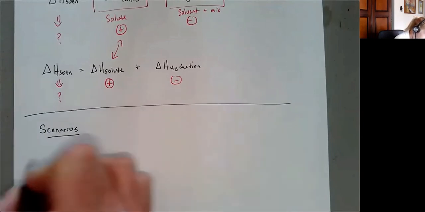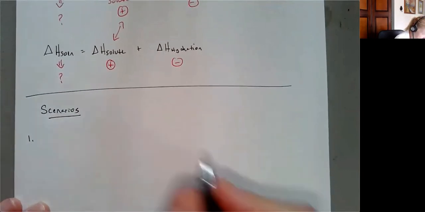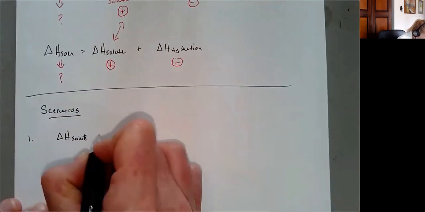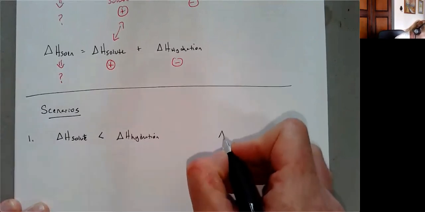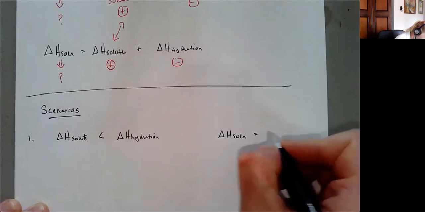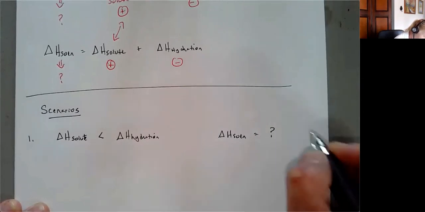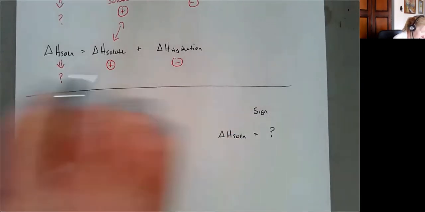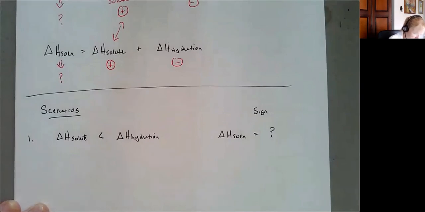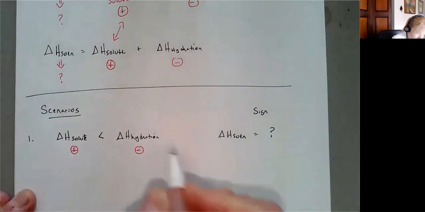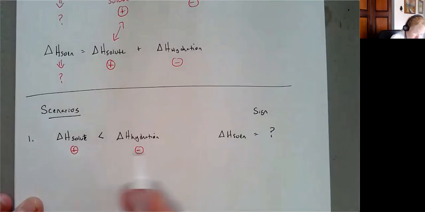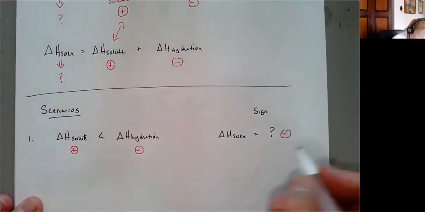Scenarios. So scenario number one, let's say I have delta H of solute is going to be less than delta H of hydration. My delta H of my solution is going to be what sign? Right now I'm going to predict the sign. So this, remember, is going to be a positive. This is always a negative. So if this is greater than this, then this is going to be a negative,